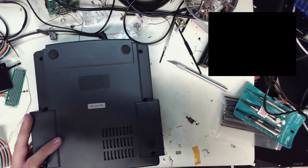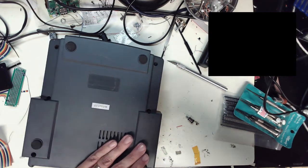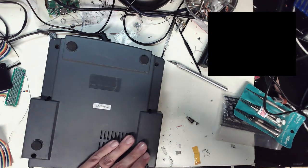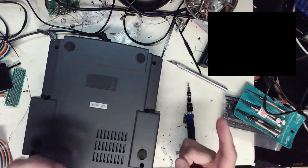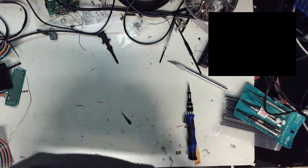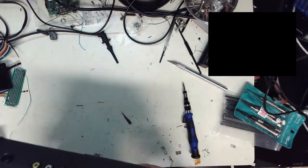So the problem when I have the controller open, I only have access to just the shoulder buttons, so those are the only ones I really know what the outputs are. So in this case, I